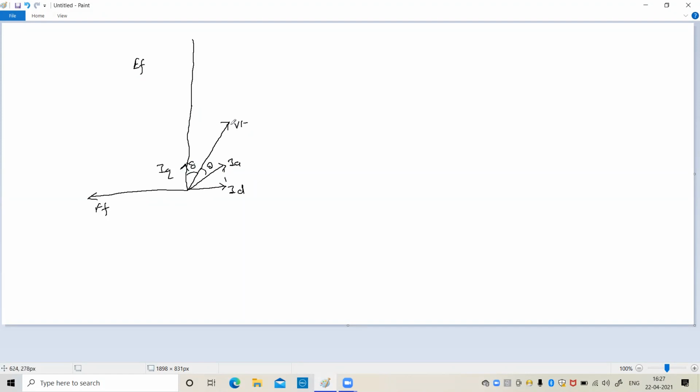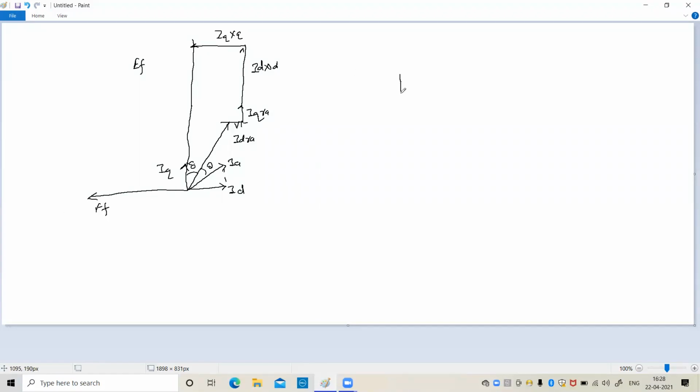So the resistive drop and reactance drop can be represented. This is the resistive drop along the direct axis, IDRA, and IQRA, and this is IDXD, and this is your IQXQ. So if you omit the resistive drop, the phasor diagram for the salient pole machine is simply, we are not including this one.